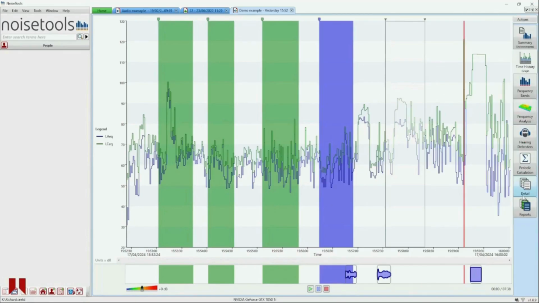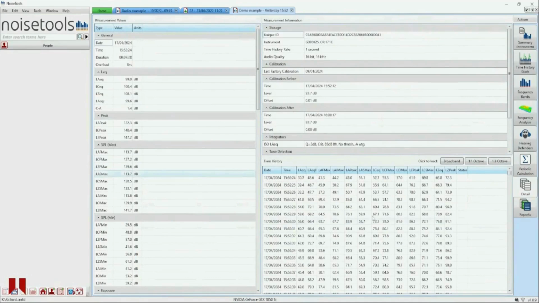Now, the final tab, so let's do the cell tab. The final tab to take a wee look at is the Reports tab. So if I just click onto here,